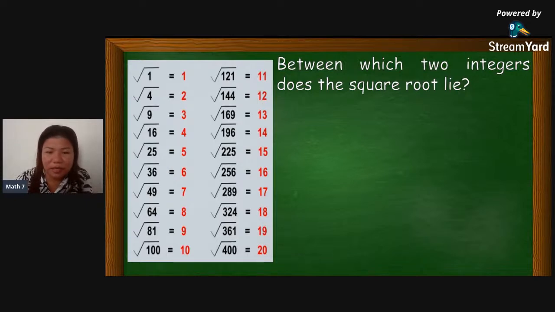Ready na po? May copy na ba kayo nung chart? Yung nasa gilid? Masyadong maliit. Okay. Square root of 1, what's the answer? Ano lang tayo muna ha? I-review lang natin. Square root of 1, we have,